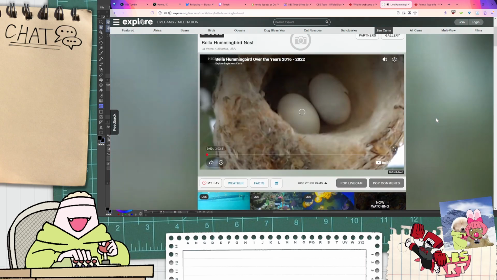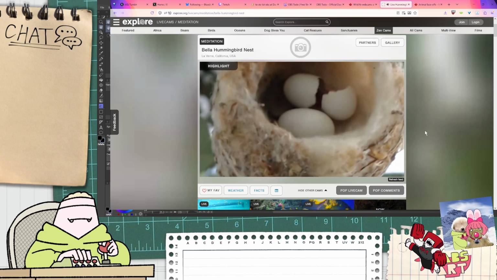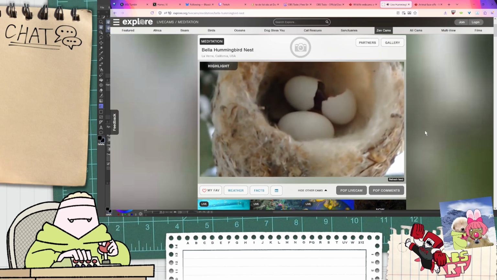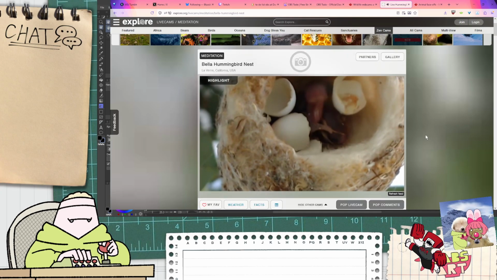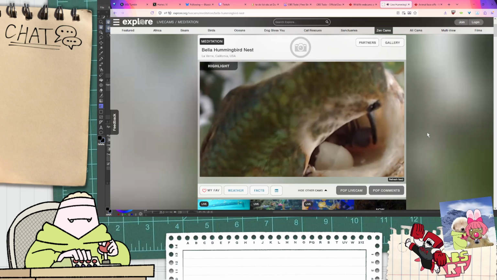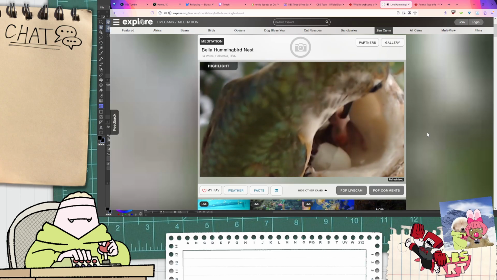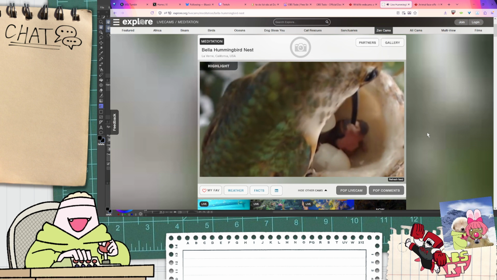Bella hummingbird nest. That sounds absolutely delightful. Oh my gosh. Well, would you look at that? Hello, little guy. Welcome to the world. Oh my god, you're barely the size of a fingernail, ain't you? Nature is beautiful.